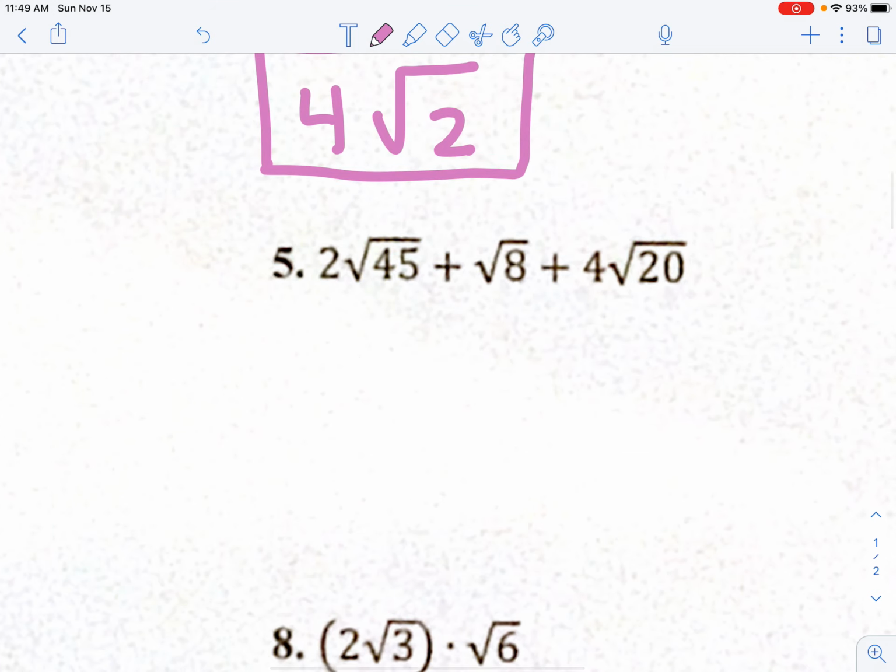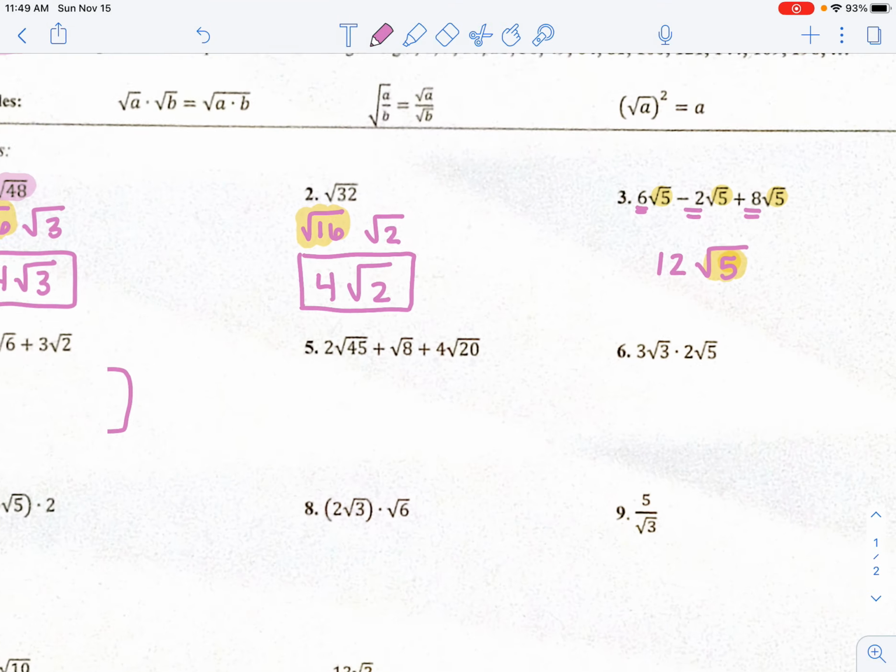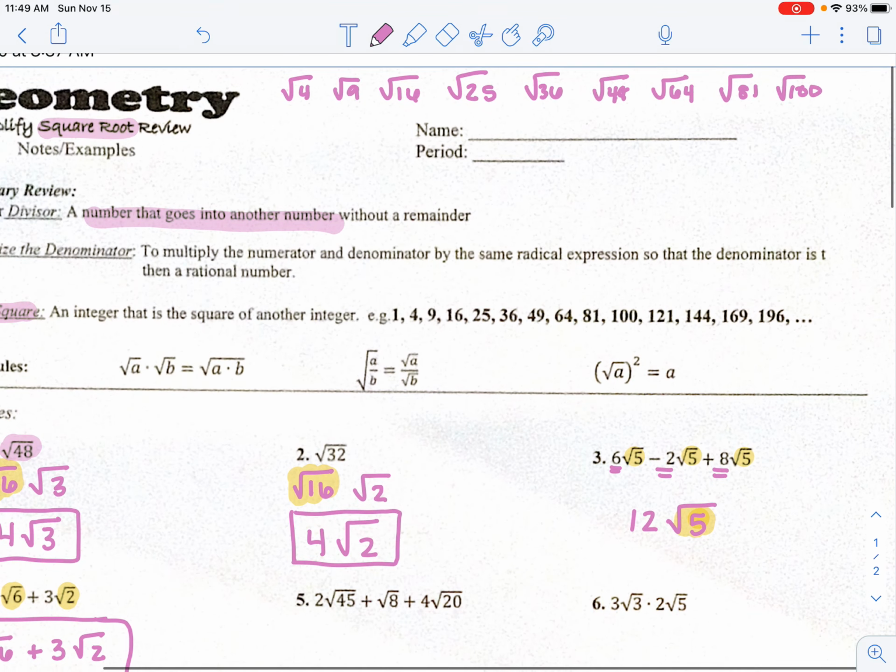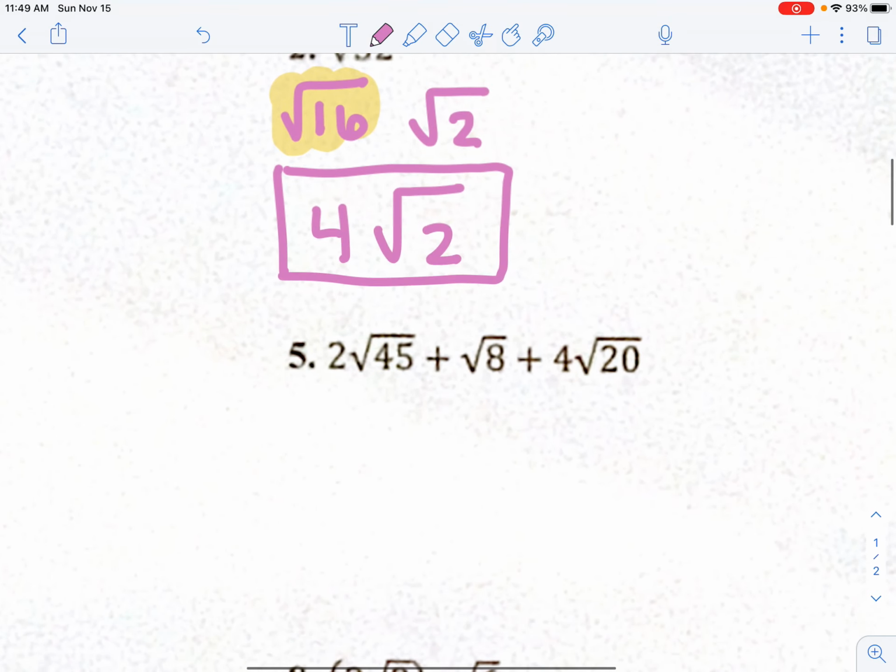All right, number 5, we have 2 radical 45 plus radical 8 plus 4 radical 20. Now, none of those are similar radicals, right? So we can't add them together. But we need to reduce those because I think all of those can be broken down. So let's look at 45 first. We're going to look at our perfect squares up here. All right, I'm going to start at 36. I don't think 36 can go in there perfectly. 25 can't go in. 16 can't go in. Ooh, 45, 9 is a factor of 45, so I can do,